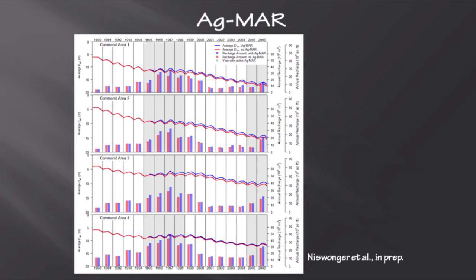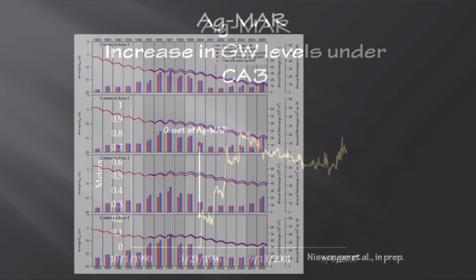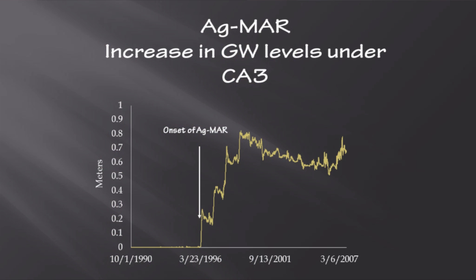This seems somewhat modest, so what I wanted to do is take a closer look. If we take a closer look, the average groundwater levels beneath command area 3 are 3 feet greater than they would have been otherwise. So wintertime irrigation during these large precipitation years has given us 3 feet more of groundwater storage spread over that entire command area. We're talking hundreds of acres, 3 feet deep more of water, which is very significant. It's a lot more water.